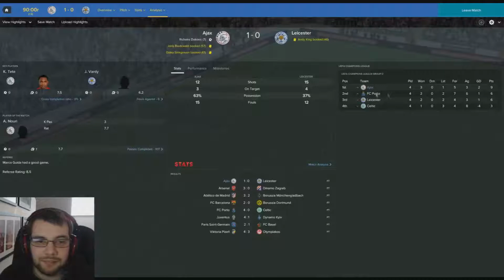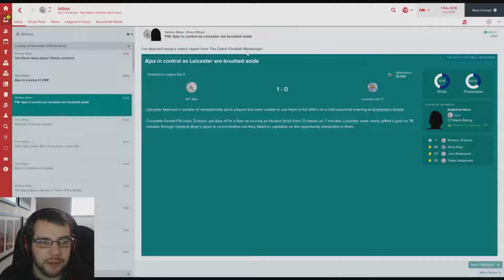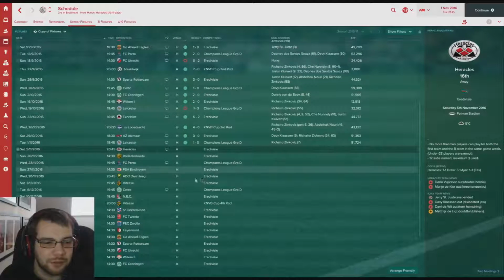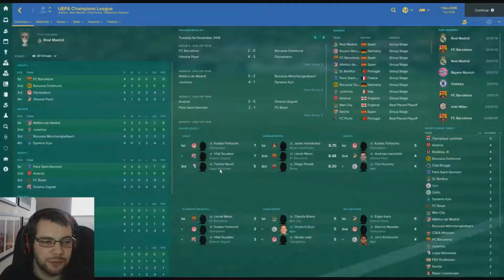That puts us 4 games in, 3 wins, 1 loss, 9 points. Porto and Leicester on 6. What a game that's going to be, running this group down. We've got 2 games left, and I think all we need...